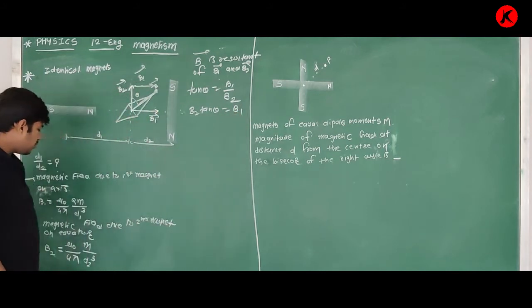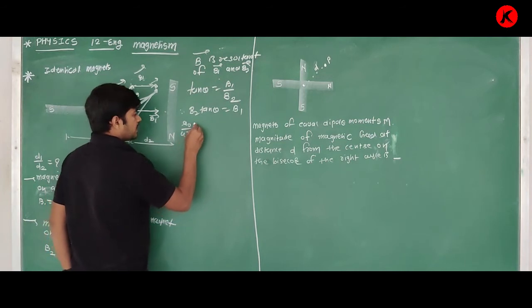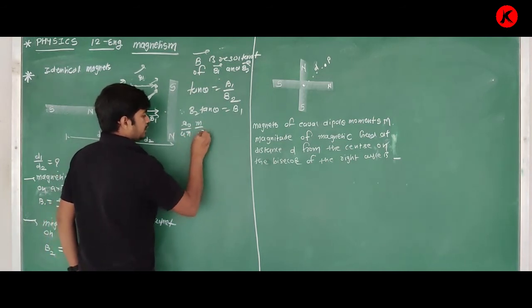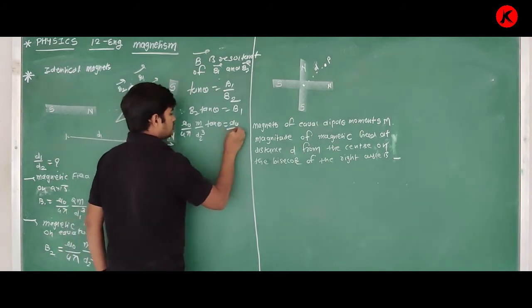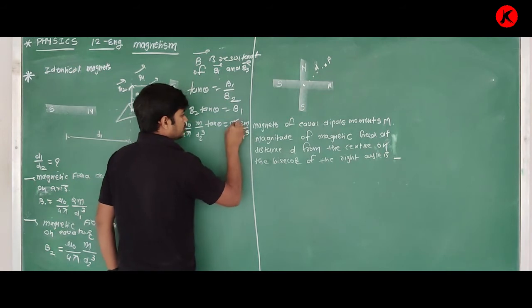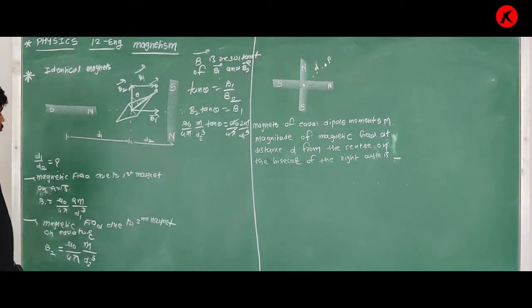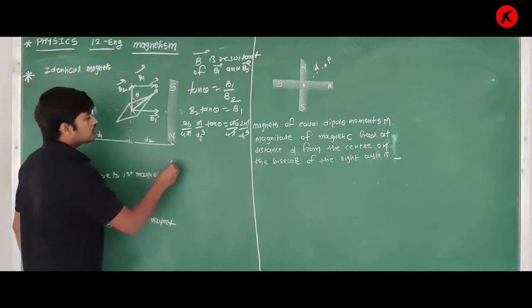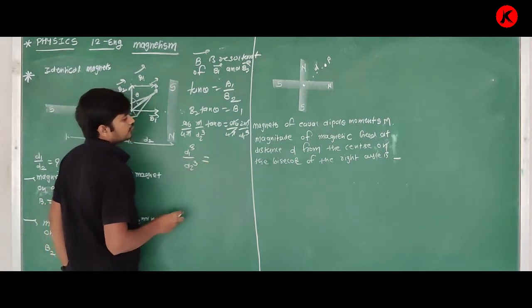Now put the value of B2 and B1. B2 is mu0 upon 4 pi 2m upon d2 cube, tan theta is equal to B1, which means mu0 upon 4 pi 2m upon d1 cube. Mu0 upon 4 pi and m cancel out. Simple. As you have to find the ratio of d1 upon d2, so you can say d1 cube upon d2 cube is equal to